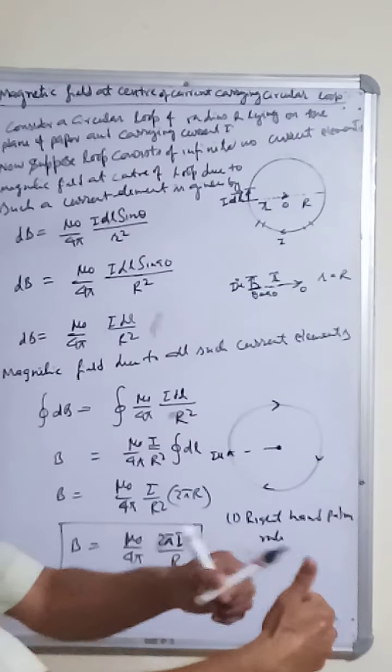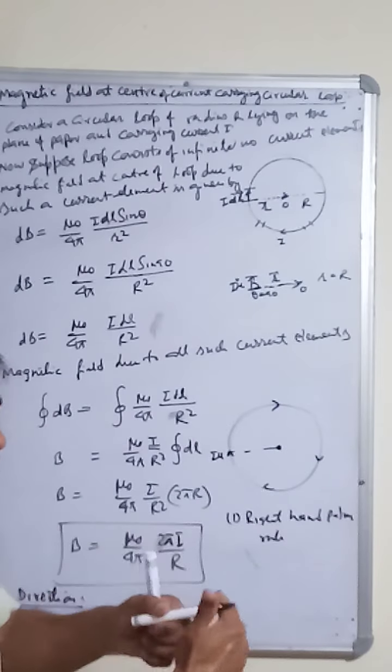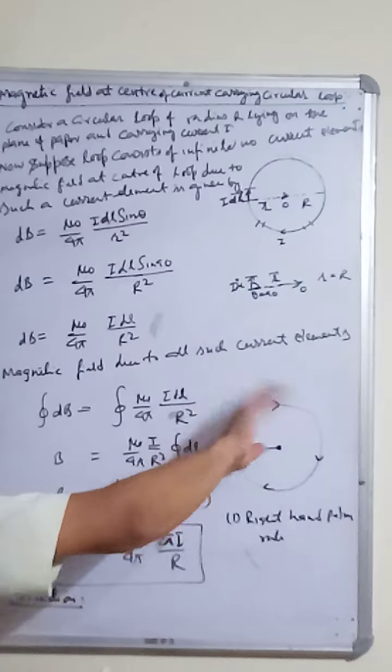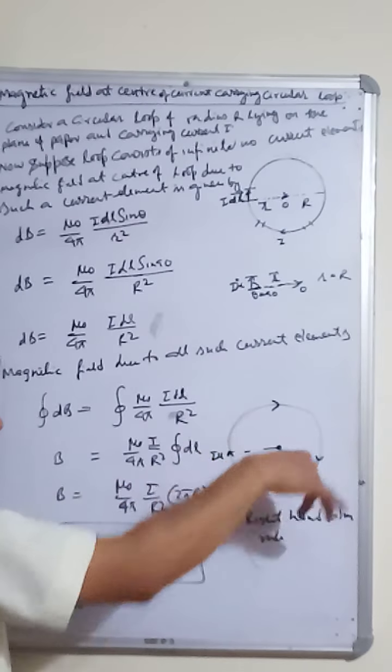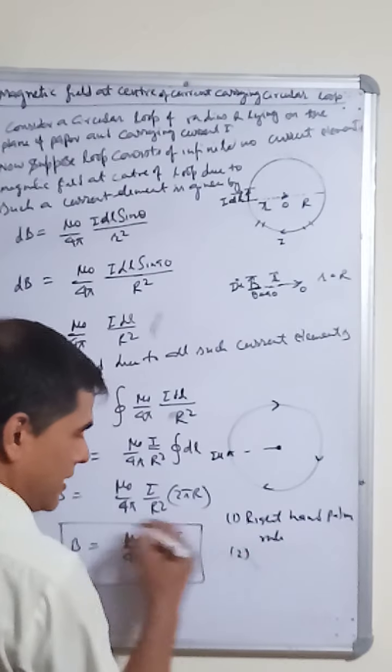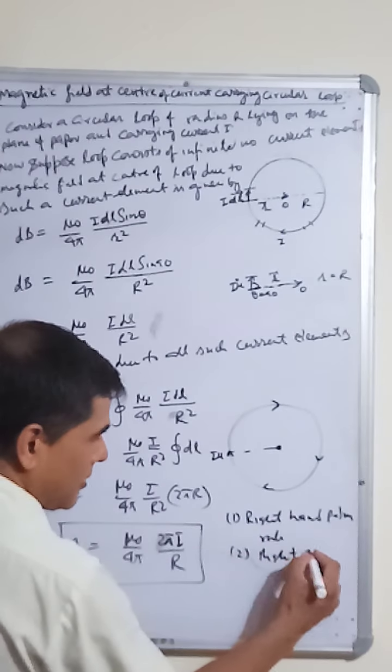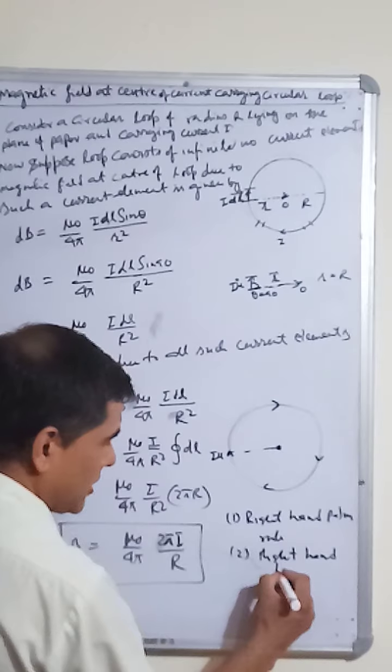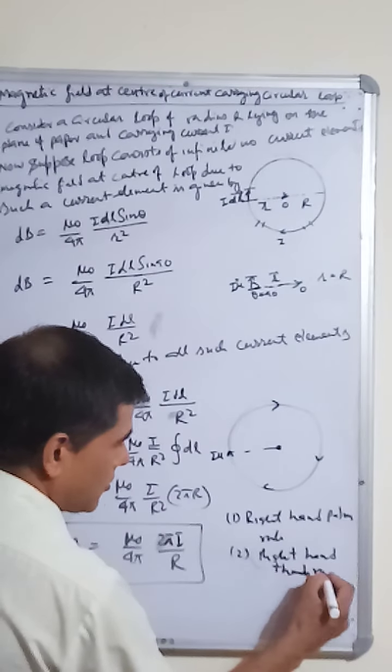Of these two rules, as with the thumb rule, the current is circular, so the current is like the fingers. Round the fingers around the current. So the thumb will give the magnetic field inward. From this also we get inward. Okay, so the magnetic field is given by the right hand thumb rule, and the second rule is this one.